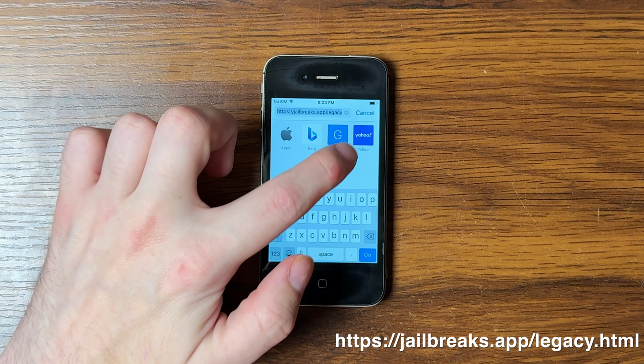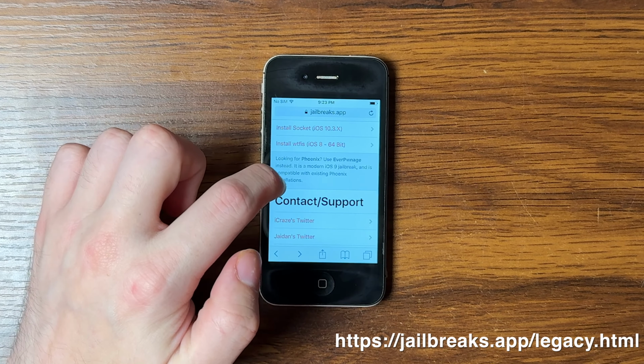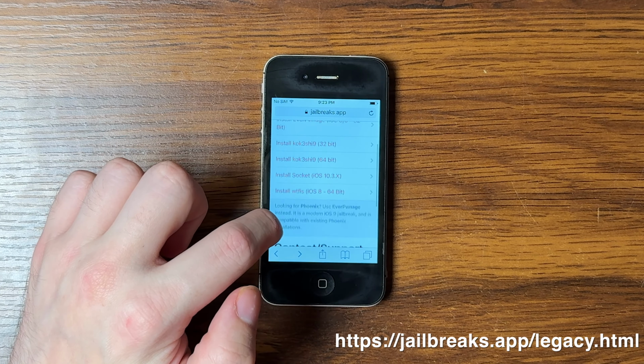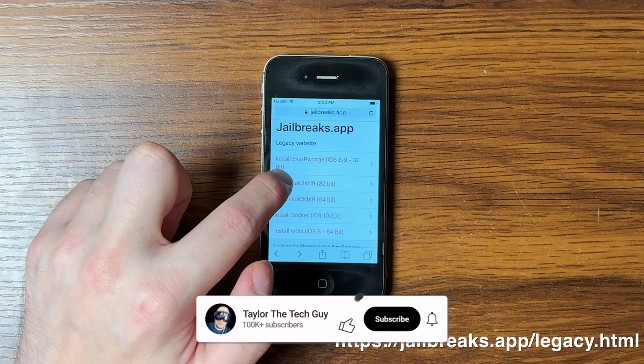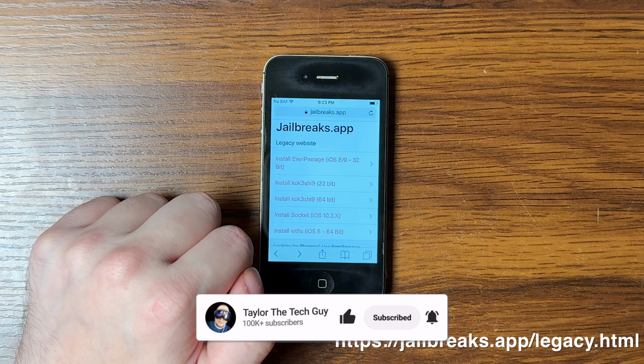Alright, so first we're going to go to this exact URL, jailbreaks.app/legacy.html. It has to be that exact URL. Once you're there, you're going to tap the first option for EverPwnage iOS 8 through iOS 9 jailbreak. Once you tap it, you're then going to tap the install button that pops up after that, and it is